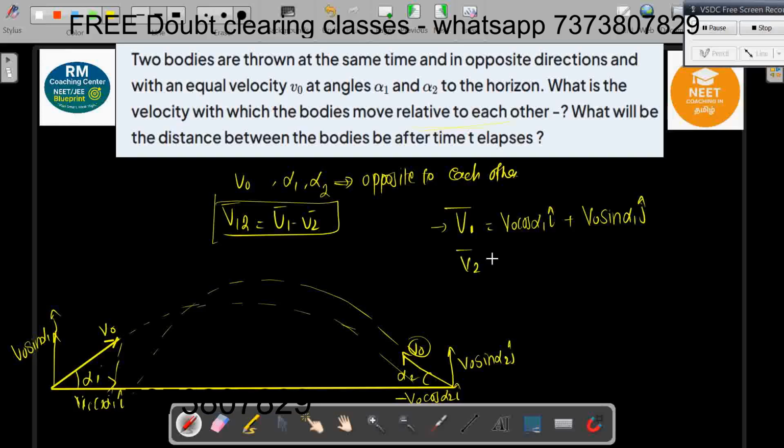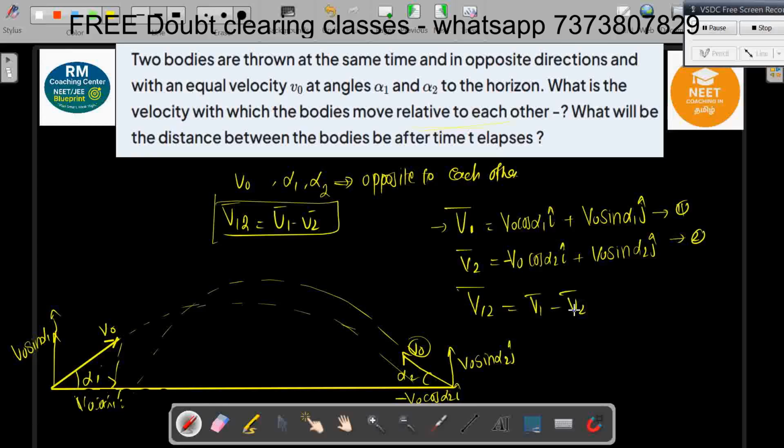What is the second velocity? v naught cos alpha 2 i cap, which is negative, plus v naught sin alpha 2 j cap. We find the relative velocity of projectile 1 with respect to projectile 2. I have two equations, equation 1 for v1 and equation 2 for v2. So we subtract equations 1 and 2, and we get the